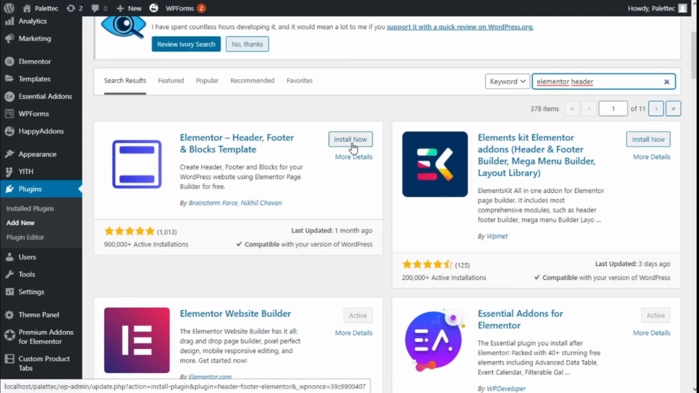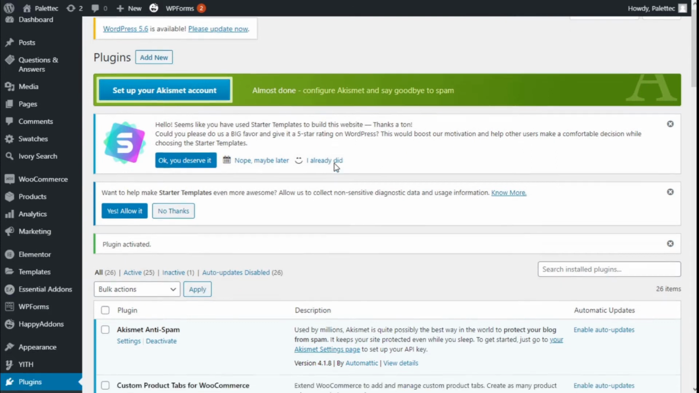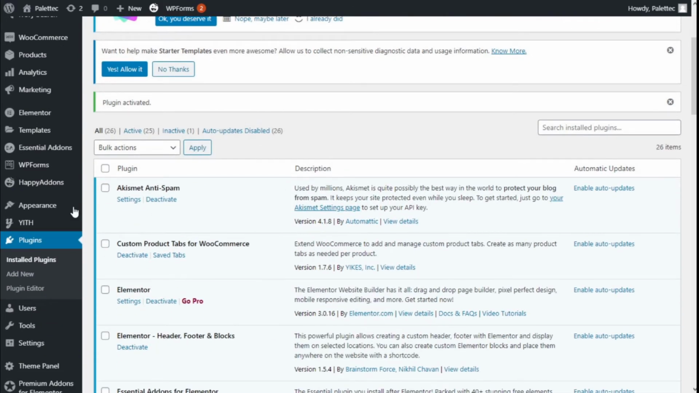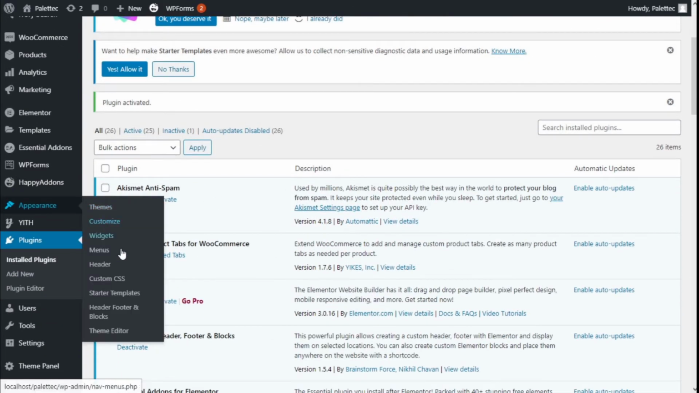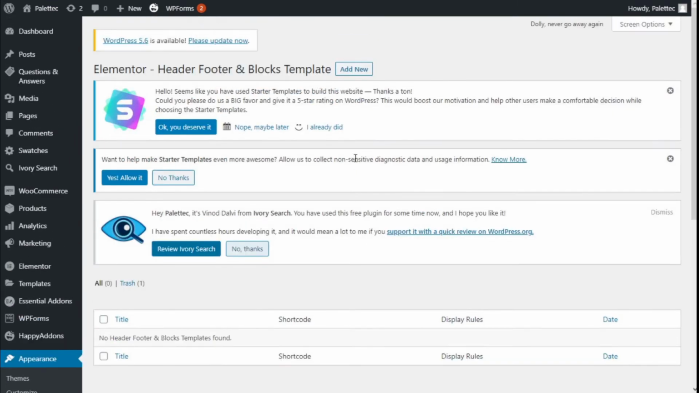So we are going to click on install now, and then we are going to click on activate. And now we are going to go to the left bar once again, and on appearance we have new options: header, footers and blocks. So we're going to click on that, and we have to go to the top which is Elementor header, footer and blocks templates, and we are going to click on Add New,